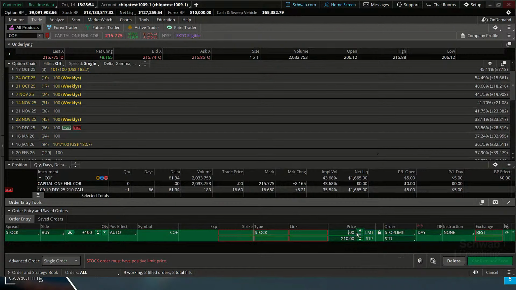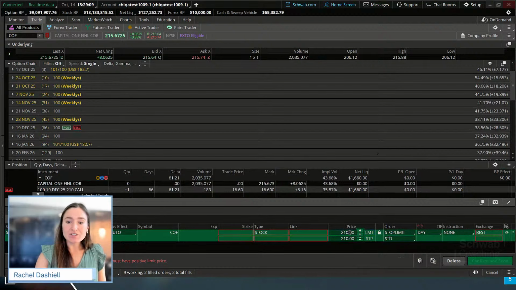So a lot of times I've seen traders actually place this at the same price as their activation. I want to let you know a little bit of the dangers of that on both the stock and the option. It's generally a little bit safer to give yourself a teeny bit of a buffer, whether that's a few cents or whatever you're going to feel safe with.